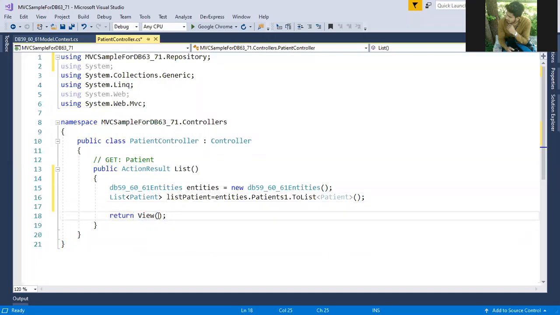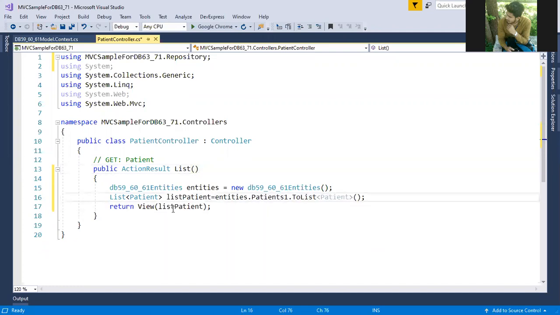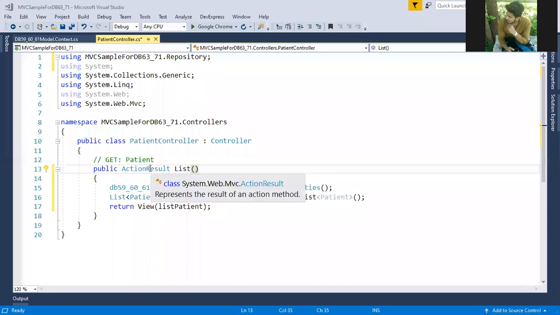Into this view method, you pass whatever data you want to pass to the view. And remember, the action method's return type must be ActionResult. There are many things you will understand once you start digging more into MVC. At the basic level, remember your action method usually must return either an ActionResult object or any object which inherits from ActionResult.